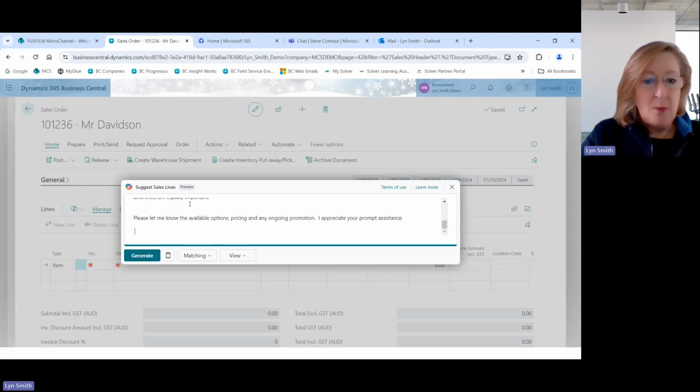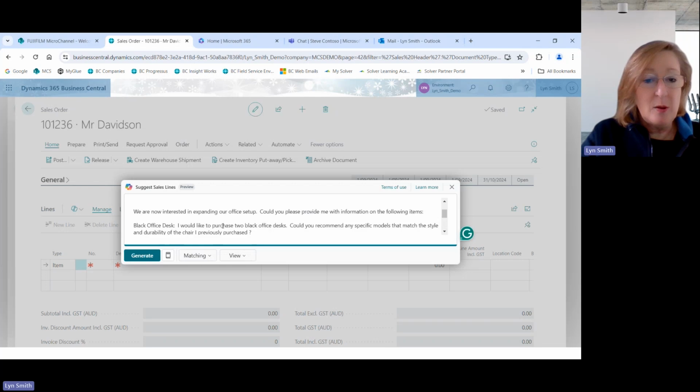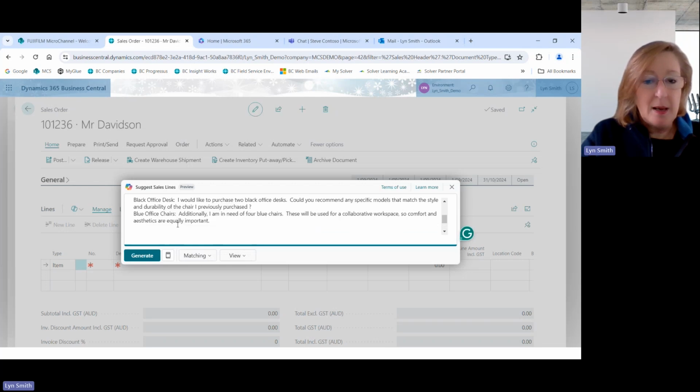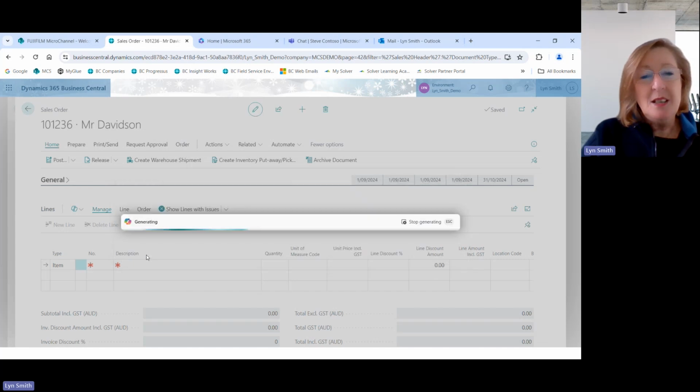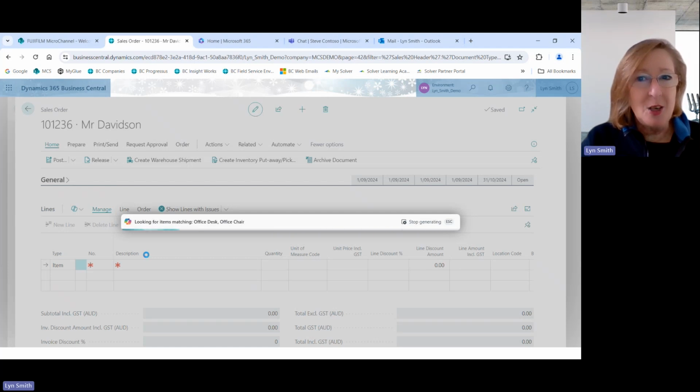Just come in and I can put my email in there from Adair. As you can see, it's all come through. And what I want to do, just because I'm quite interested, is go lines and confidence and then generate. So it's now going to go through my catalog of items and find things that would match that. But more importantly, I'm going to see what terms it actually used to find those particular matches.